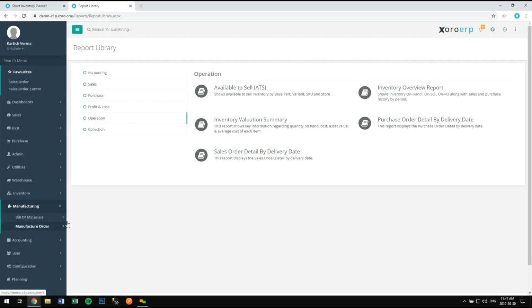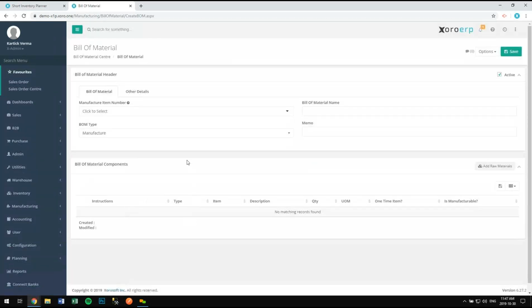So the way manufacturing works is you'll need to create your bill of materials, your BOMs, basically the recipe for how you manufacture your finished goods. And you can do that by using the bill of material module. So here you can actually select your finished good and basically add all your raw materials and then click Save